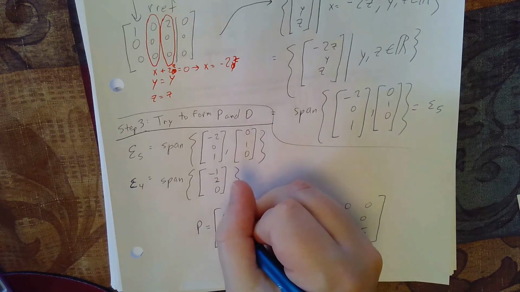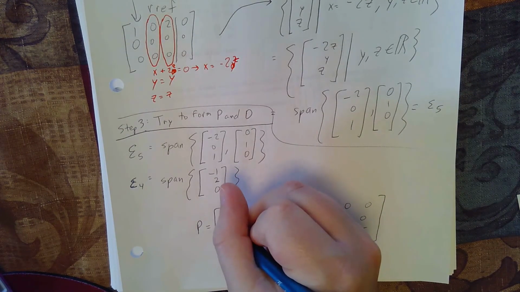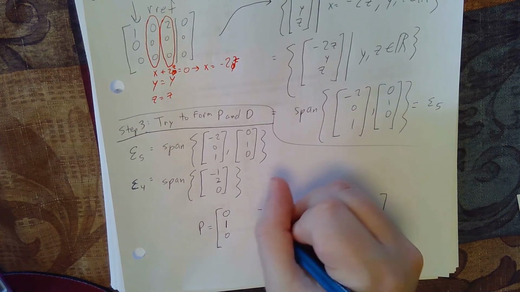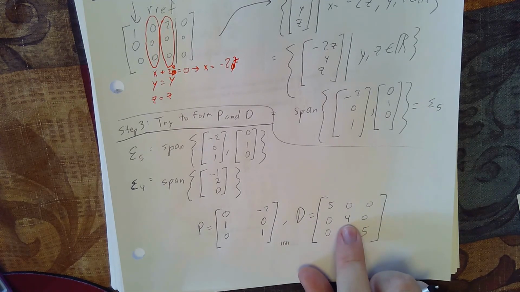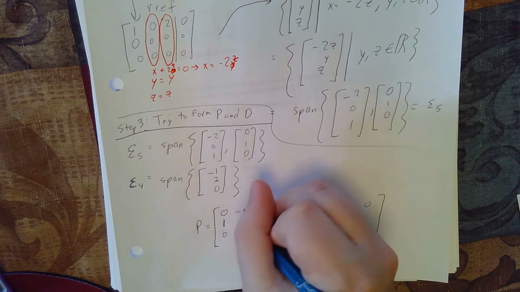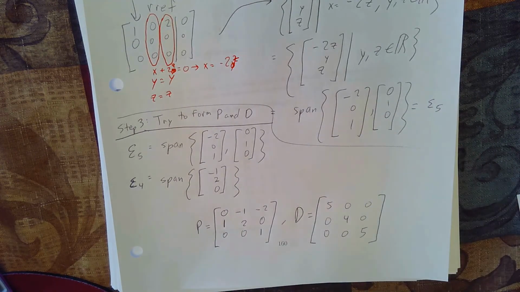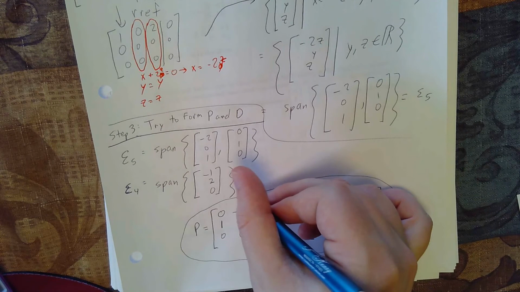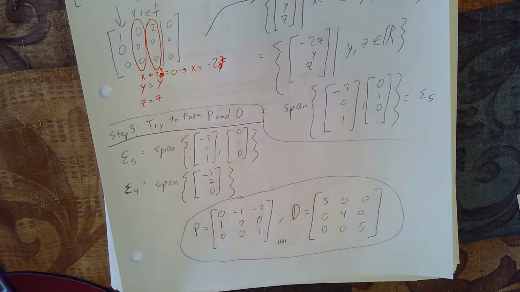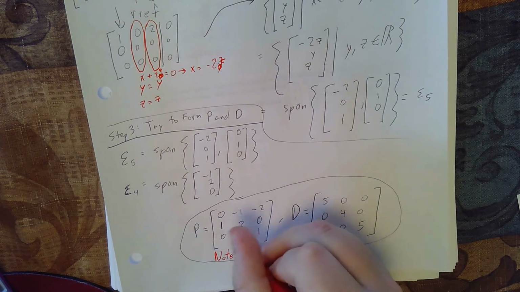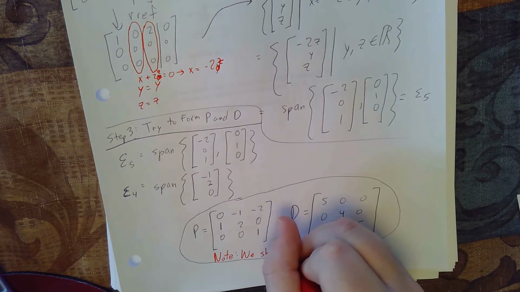So for example, we could make the first column 0, 1, 0, because that's one of our eigenvectors associated with 5, and our last column negative 2, 0, 1. And then because our middle column is associated with the eigenvalue of 4, we need to make the middle column negative 1, 2, 0, because it's our eigenvector associated with 4. So this gives us our P and D we would need in order to diagonalize this matrix. So note that we should also find